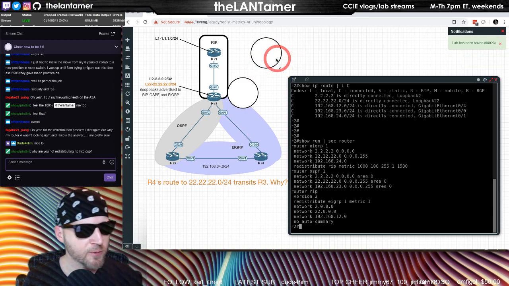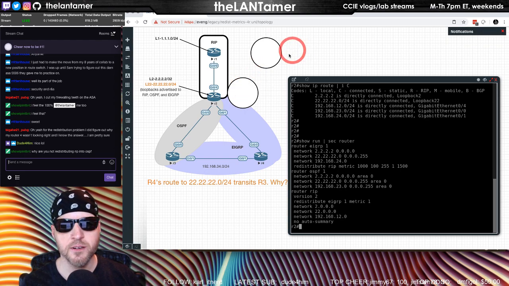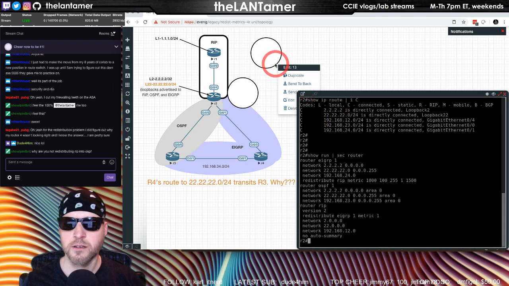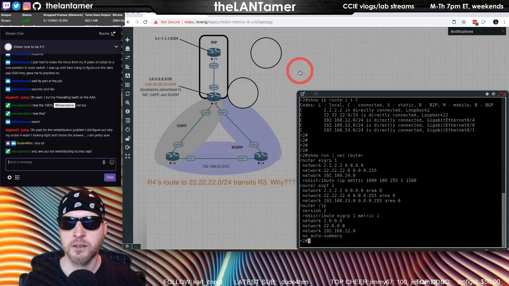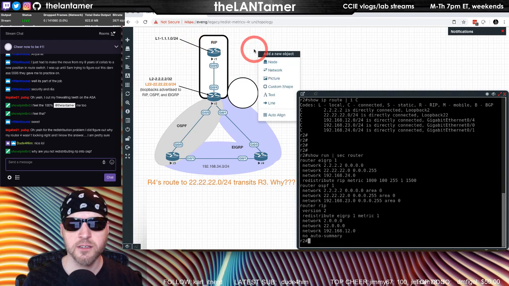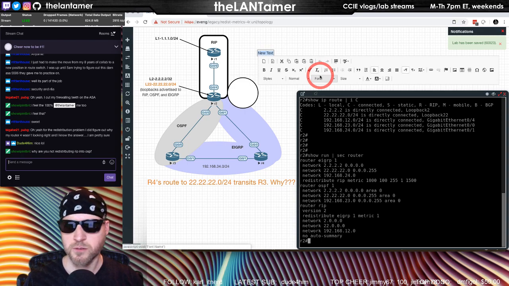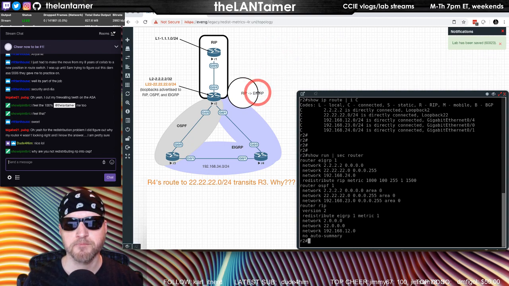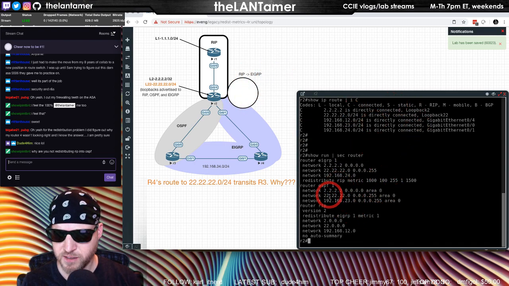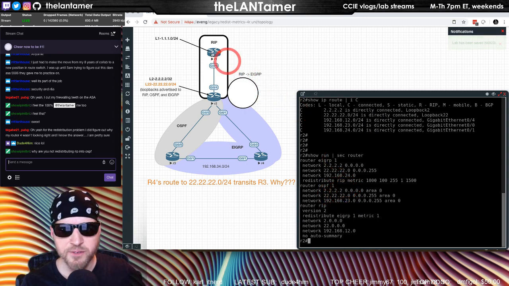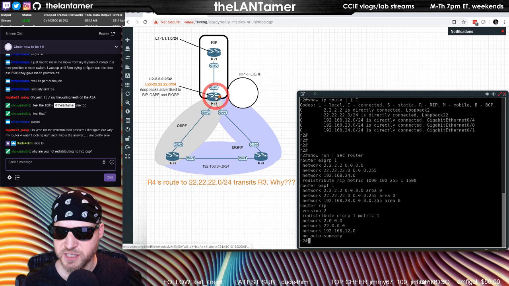Why are you not redistributing RIP into OSPF? I'll check that in a second here. So we're going to say this is RIP to EIGRP. Okay, and then what else we have? So with OSPF, what we're doing is we're advertising